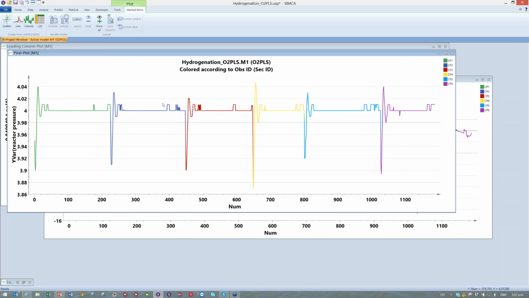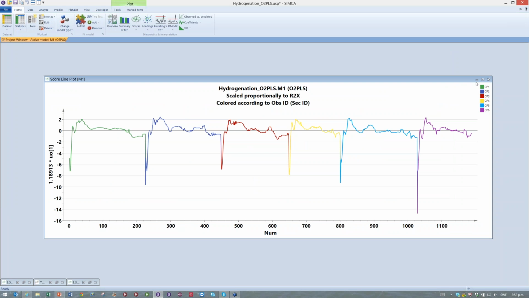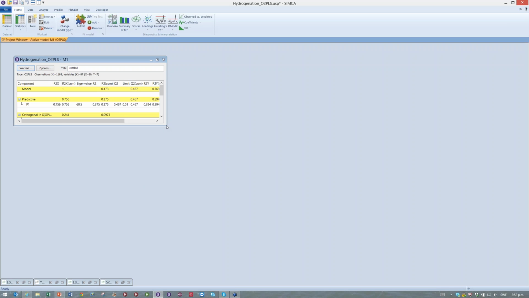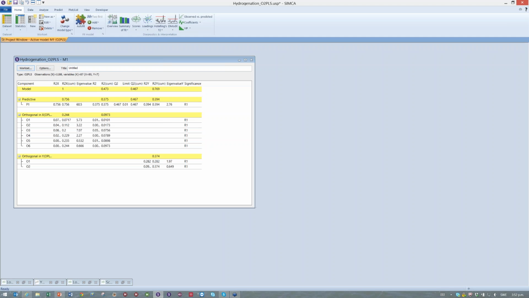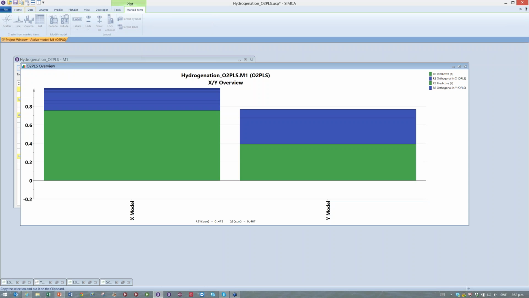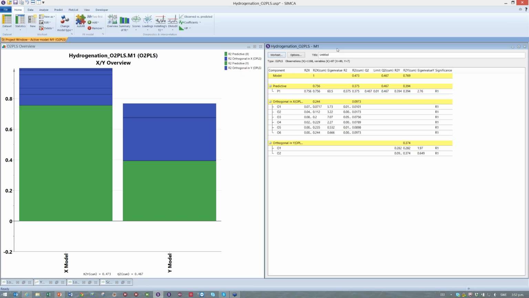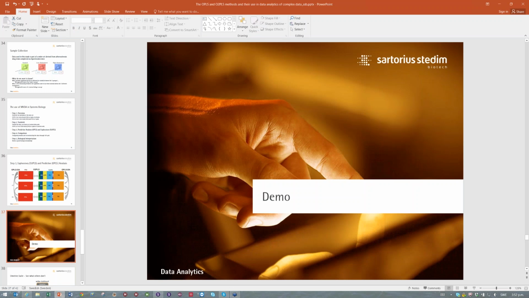And you can go on and interpret scores and loadings for all the other components in this model. So the basic take-home message is that OPLS will compare the information overlap in 2 data tables, and it will either display that information in terms of a dedicated overview plot or as part of a tabulated summary in the model window. I think this is how far I wanted to drive the demonstration, so I think I will go back to the PowerPoint with just a few rounding off